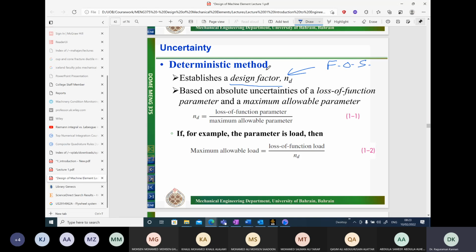Okay, so how do we define design factor? Design factor is defined as the ratio of loss of function parameter by maximum allowable parameter. What is this parameter? Parameter could be load, externally applied load, and internal reaction forces, or it could be stresses which we calculate, and the strength